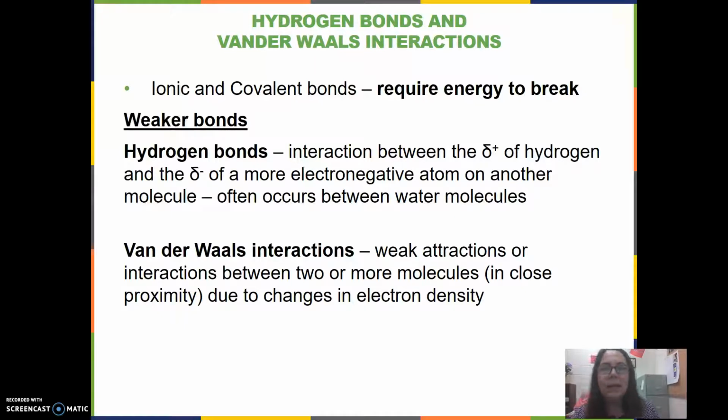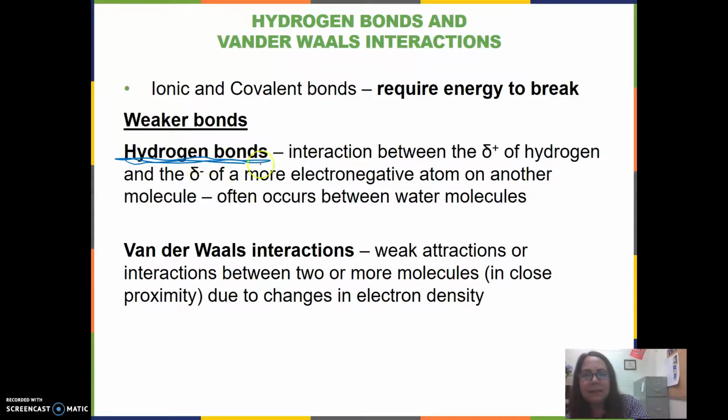Now we're going to talk about weaker chemical bonds, hydrogen bonds, and van der Waals interactions. So ionic and covalent bonds are the strongest chemical bonds, and they require energy to break those bonds. Weaker bonds don't require energy to break the bonds. In hydrogen bonding,